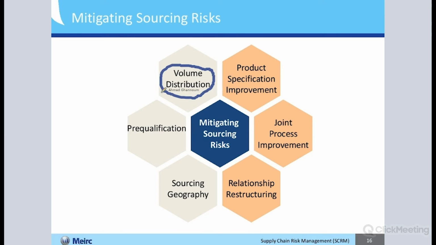And also, don't just distribute the number of suppliers, try to distribute it geographically. So one supplier is in China, the other is in, let's say, Mexico. Why? Because what if a geographic risk gets realized, like the coronavirus in China? If all my suppliers are in China, they're all gone. But if I have one somewhere else, like in India or Mexico or in Europe, then that would make it